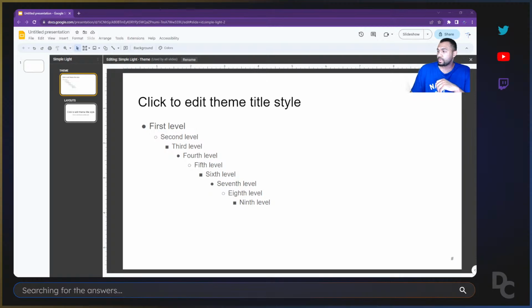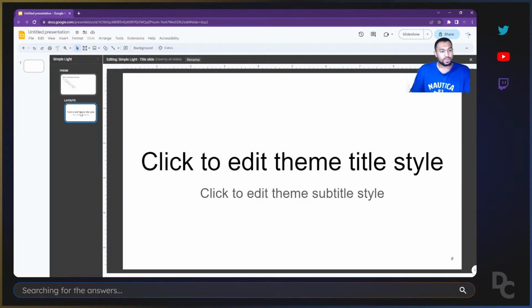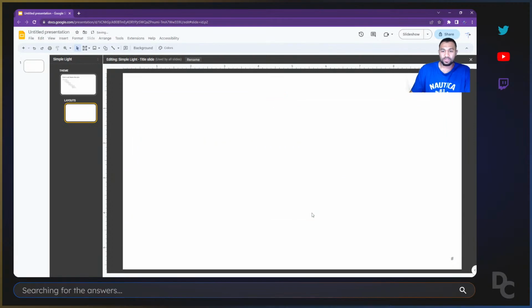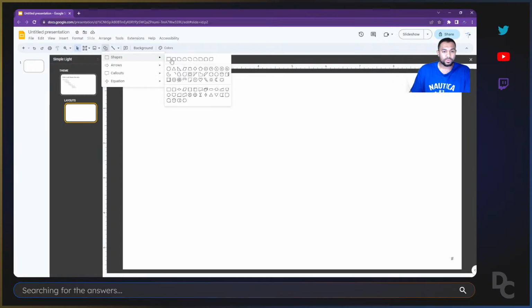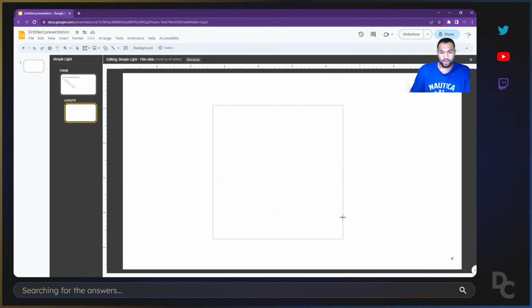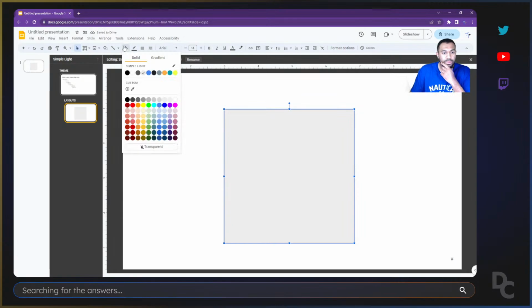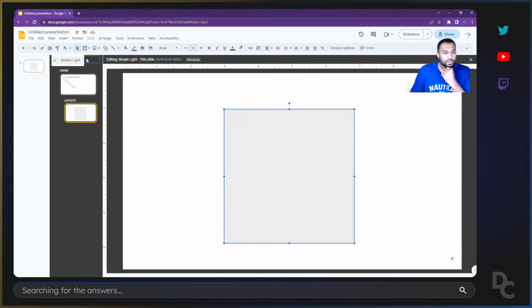And to show you how to do it, first we'll go on to our first layout slide. We'll go ahead and delete whatever's there, because what I want to do is come up to the top and create a new shape. With that shape, I'm going to just grab a square, drag it out. Alright, so now I have my square, and I can come up to the top, and instead of doing simple light here, first of all, I'm going to